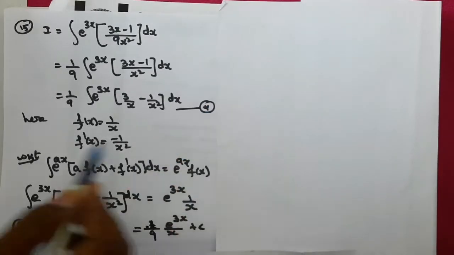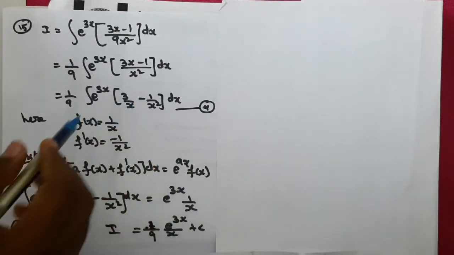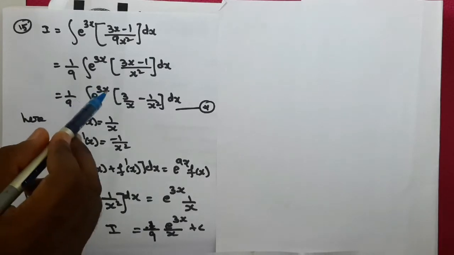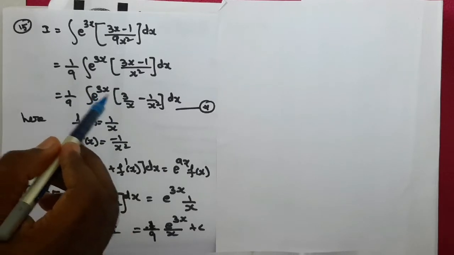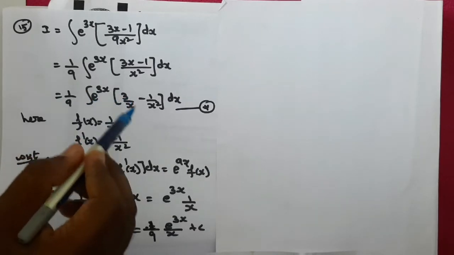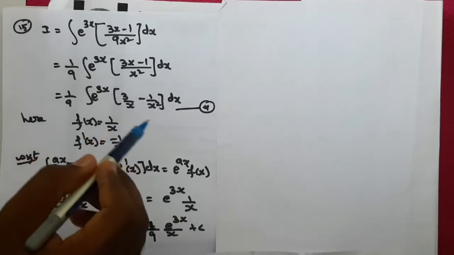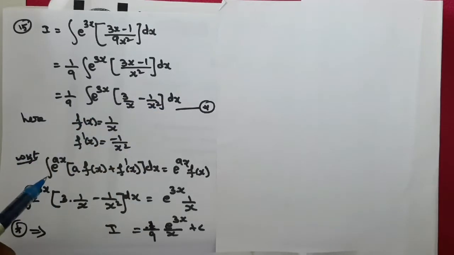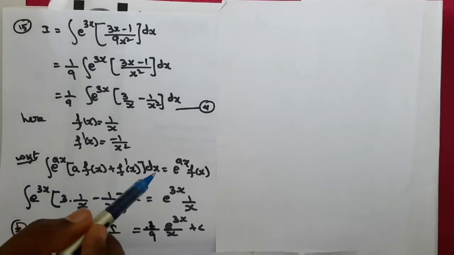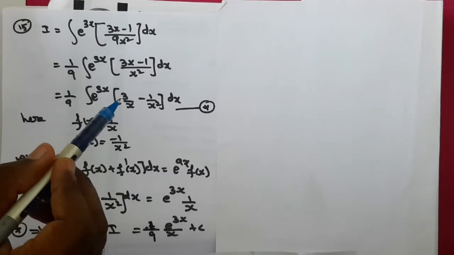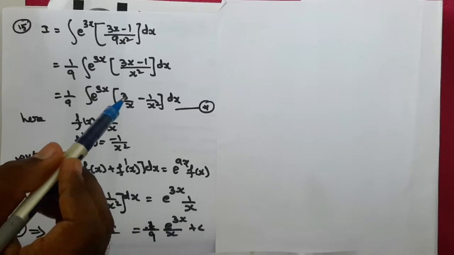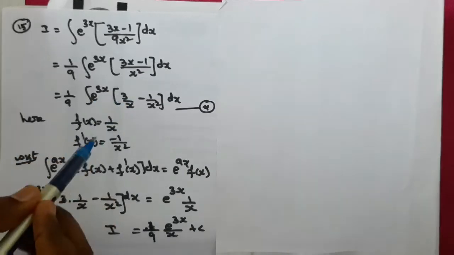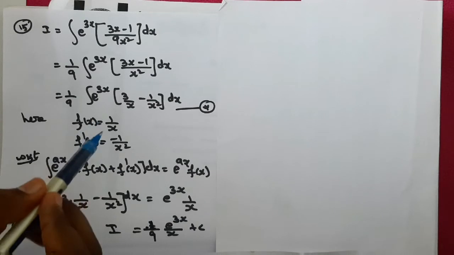So equation star, right? And now this one looks like e power ax into a into a function. What is the a value? 3. So can you see 3 into a function, 1 by x minus 1 by x square. So does it look like this formula? Integral e power ax of a into f of x plus f dash of x dx. Yes. So here 3 is a, because here the coefficient of x is 3. So obviously that 3 is here, so leave it. What is the remaining? 1 by x. So take it as f of x. So f of x equal to 1 by x.